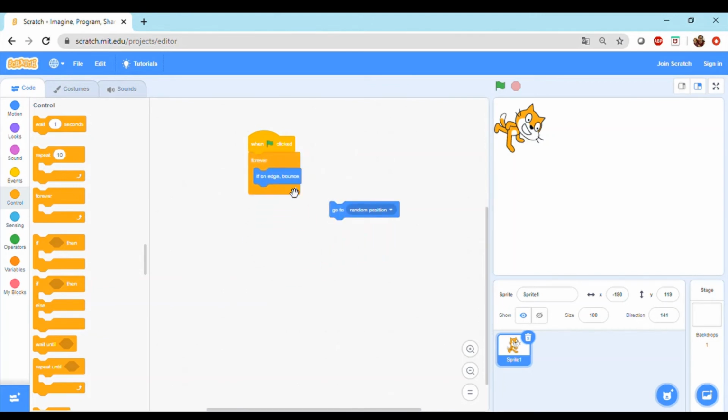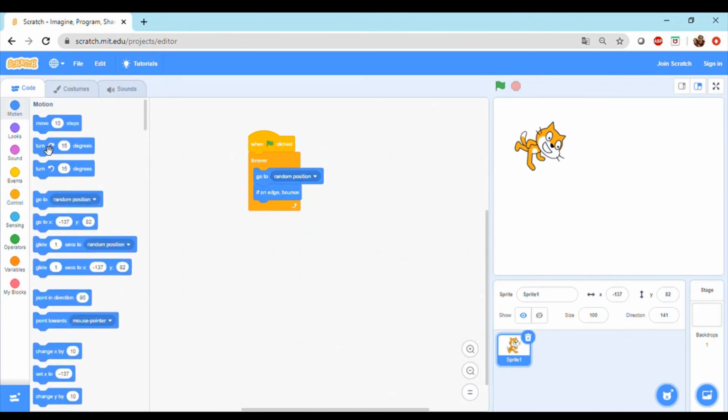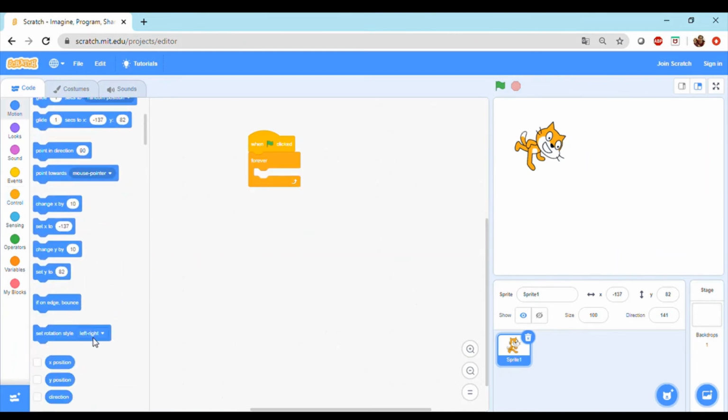Oops, random needs to go here. And whenever it reaches the edge of the stage, it starts bouncing, as you can see. So whenever it reaches any edge, it will just bounce off there. Pretty nice. All right, let's go to the last block in motion, and that is set rotation style, left-right